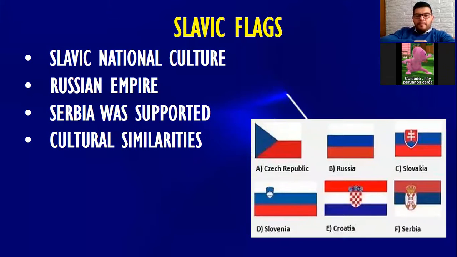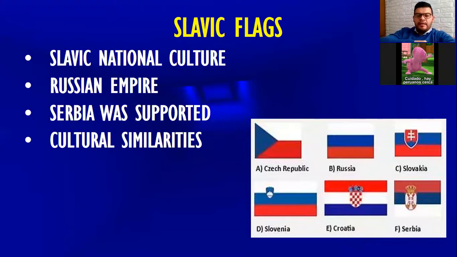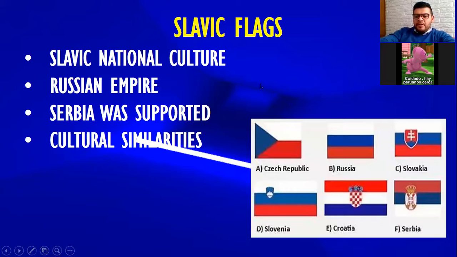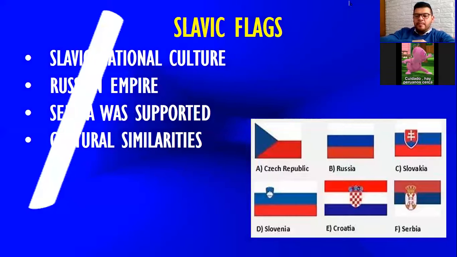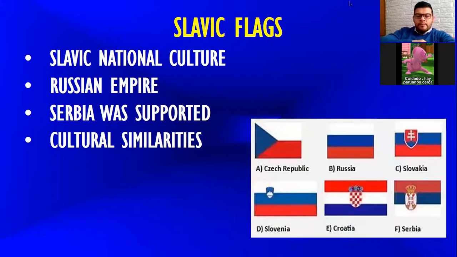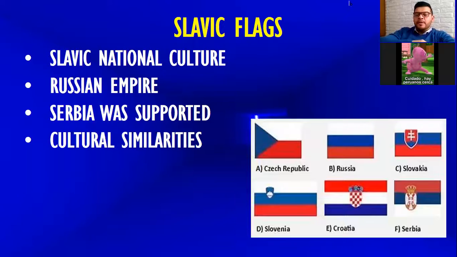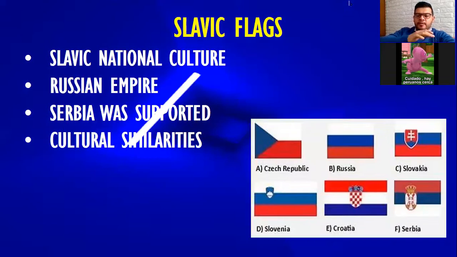Let me tell you there is a story about Serbia, which a long time ago was Yugoslavia. Serbia decided to have the flag in the same colors as Russia, but inverted, because in the Russian flag you can see a different order: first it's white and the last one is red. The Serbian flag is kind of like that, but inverted or switched. So Serbia decided to take the colors of the Russian Empire because of the support they had when Serbia had a conflict with Turkey. So in honor of Russia, they used it in their flag.